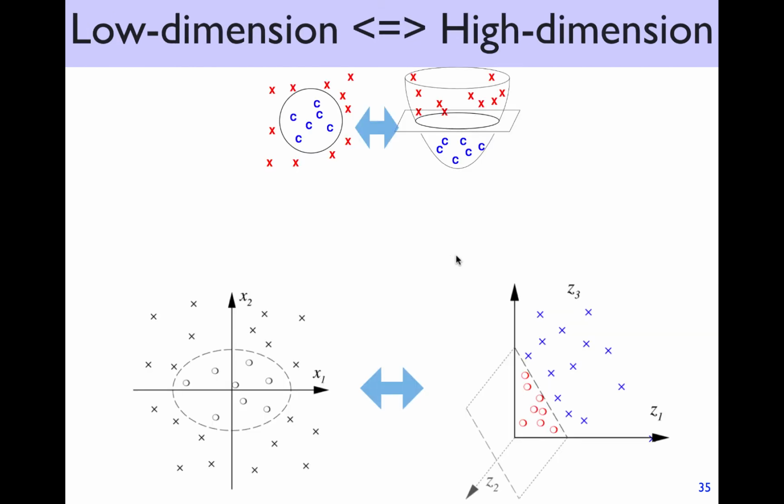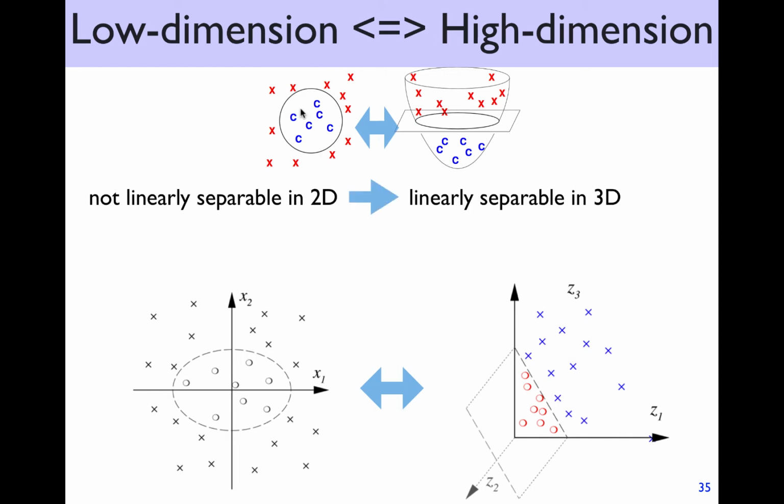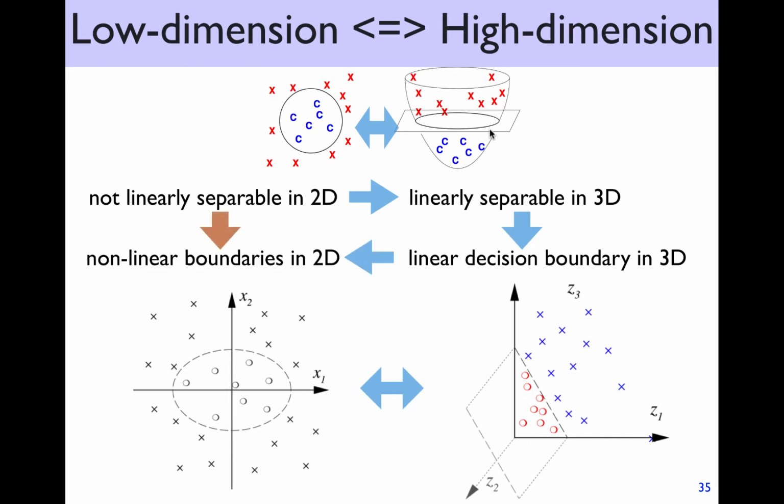So often you have a non-separable case in 2 dimensions, and you transform it, it becomes linearly separable in 3 dimensions, like in this case, or in this case, and then you will have a linear decision boundary, like a plane, xy plane, in 3 dimensions, and then you project it back to lower dimensions. It becomes a non-linear decision boundary in 2 dimensions. For example, a circle here. So remember that really what happens in higher dimensions is you're still doing linear separation. You're still training linear classifiers. You're still training perceptron. It's just in a different dimension, in a different representation, right? Okay, so